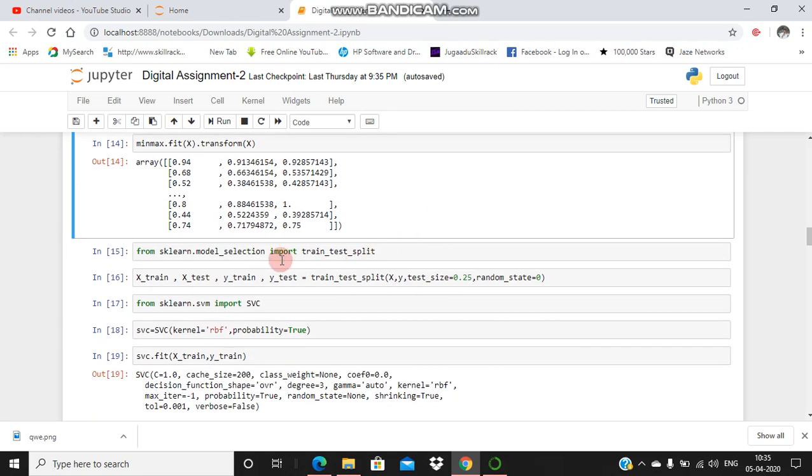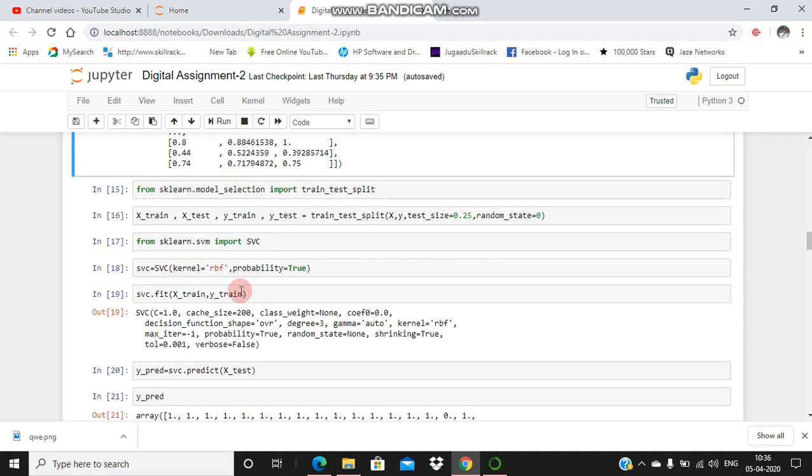And here we are importing train test split. This is because we can split our data in the ratio we want. In this case, we are splitting the data in a ratio of 7.5 to 2.5, that is 75% of the data is train data, and the test data is 25%. And we are importing the